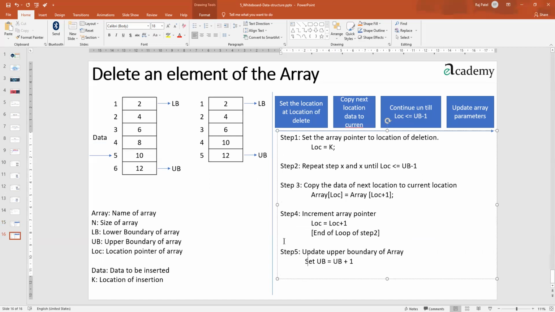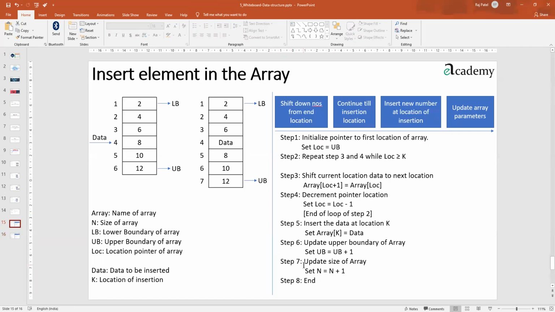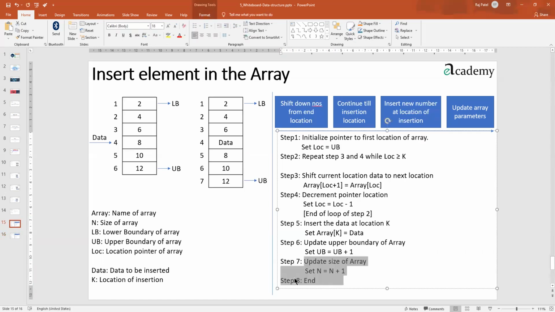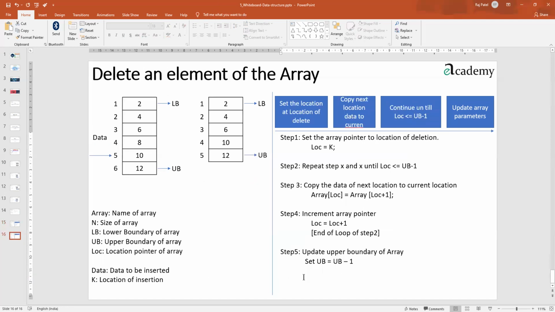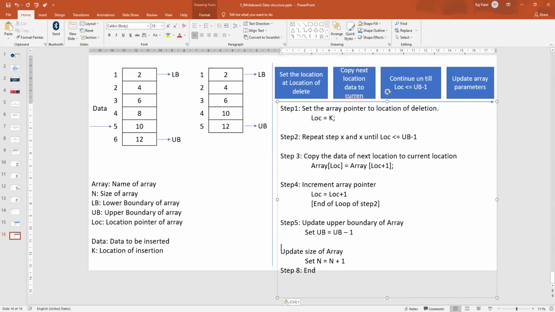Yes, of course, it will become UB minus 1. What is the last thing? Size we have to update, isn't it? So that, and the ending part. Okay, so let's write that. Step 6: update the array size, that will become N minus 1, and we will end it at that point.